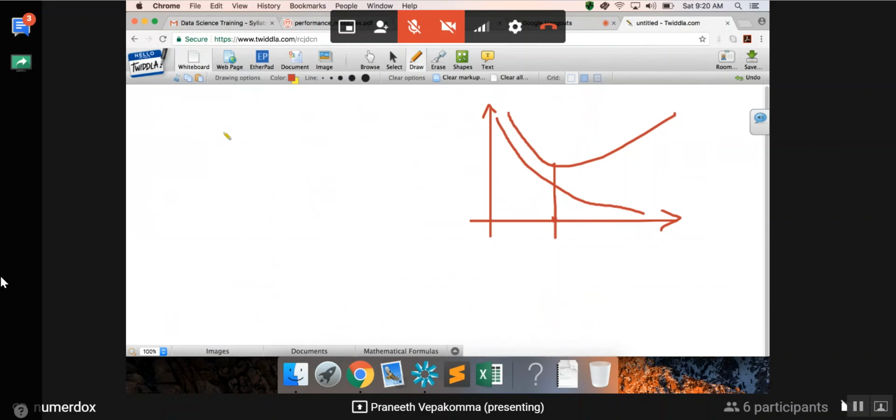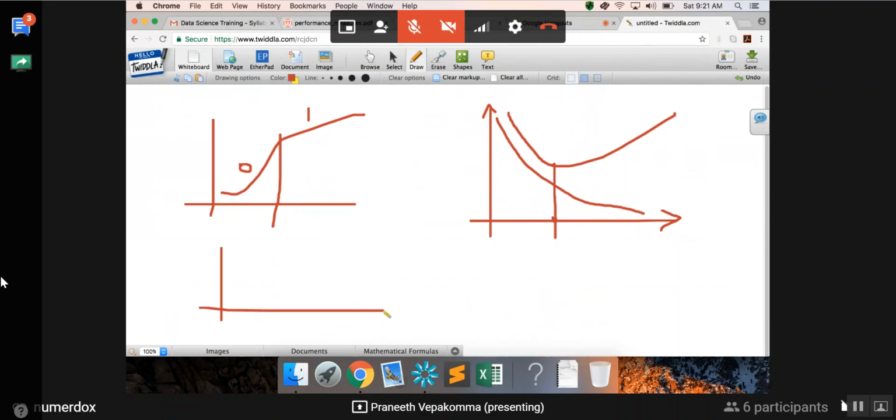So you don't know if the 50-50 threshold in logistic regression is good enough, right? Say I predicted something like this, and if I say anything above this value is class 1 and anything below this is class 0, if this is the output of my logistic regression, the probability basically, that is one way to do it. But sometimes my prediction may be like this. Logistic regression might have predicted probabilities like this. So then this is not a good cutoff. The exact half value is not a good cutoff,